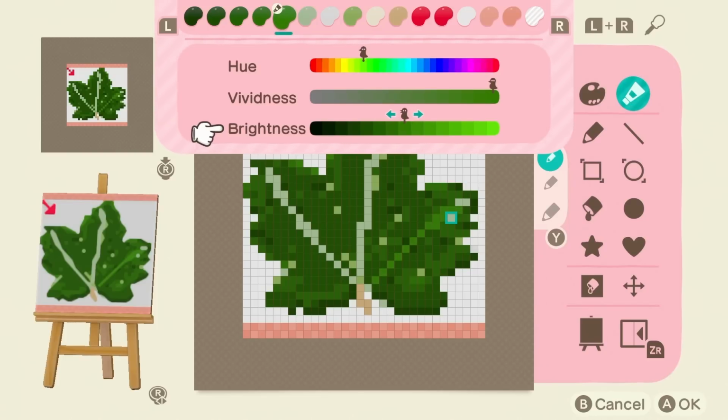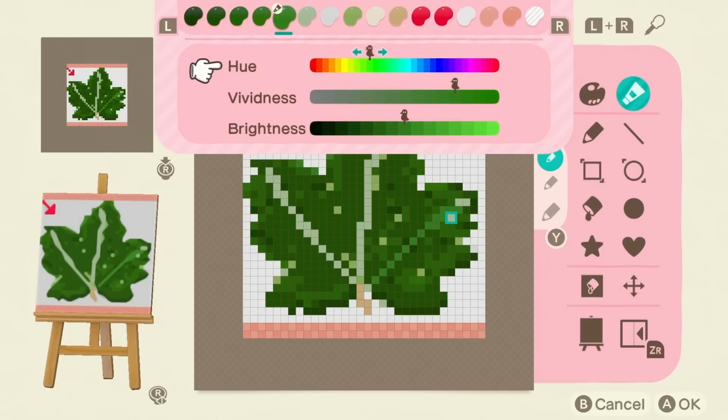Great. Okay, so we're making that a little bit lighter then. And then we can try and work with that one. But is that too light? That's too light. So if I take the vividness down, that might be better. Okay, so the vividness needs to be round about there. But then it still doesn't look right. Ugh. Colors. Colors are hard.